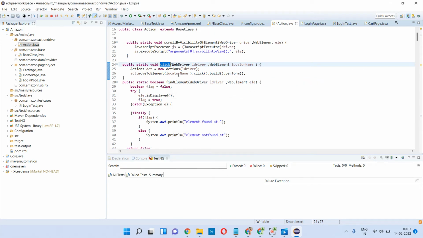Here for clicking that particular element, I have done it this way. I will go and check here.